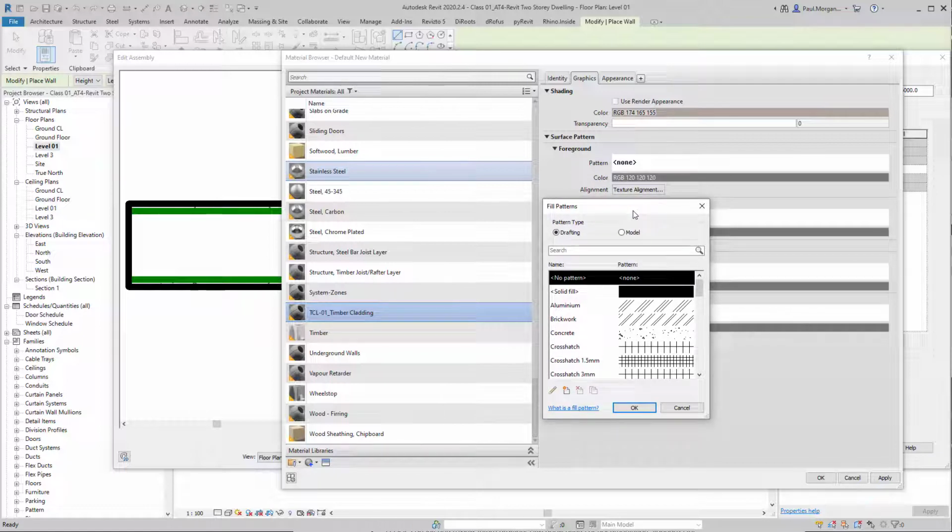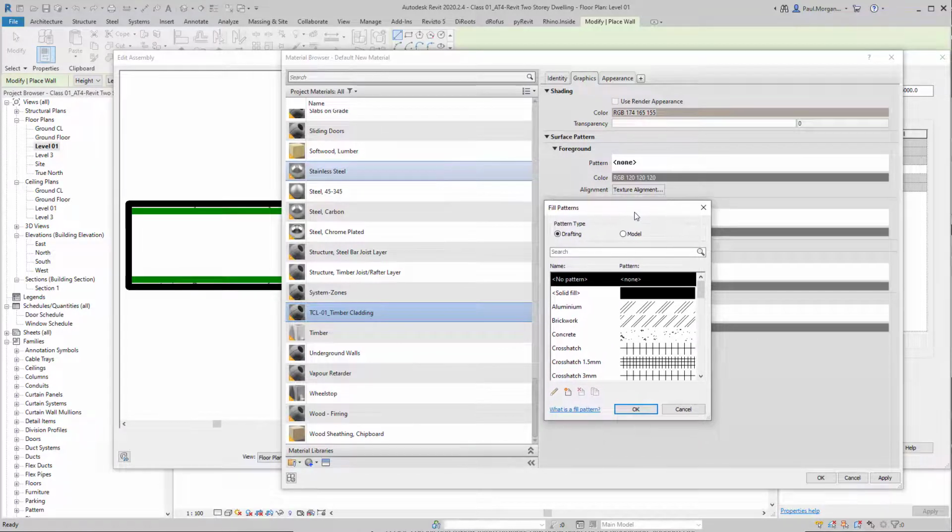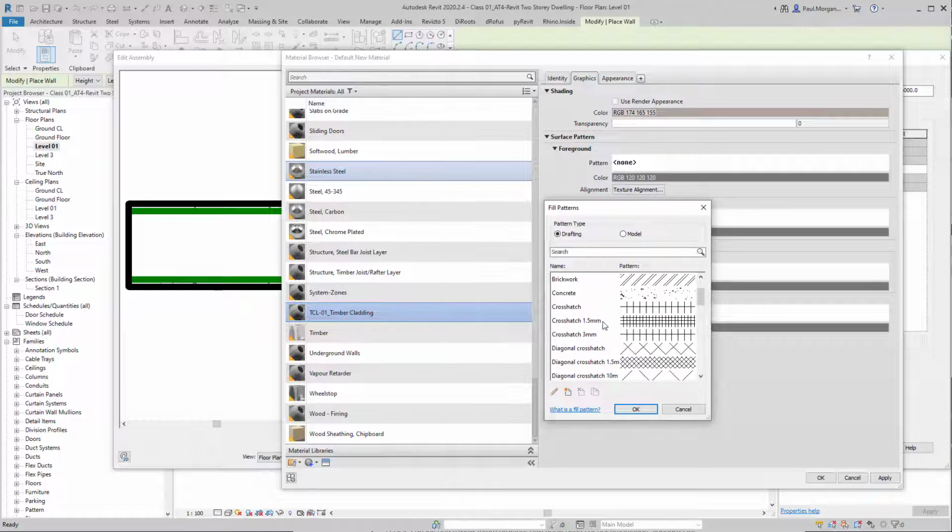And this is a key concept that I would write down if I was you regarding fill patterns in Revit. Drafting hatches, you'll notice, are usually much smaller sizes. So when you come down into the drafting hatches and start scrolling through, you'll see 3 mil, 1.5, 3 mil, basically that, maybe 10 mil for a really big one, 3 mil again. And then on the model hatches, you'll see much bigger numbers like 100, 150, 300, 50 mil, 75 mil, 600, even 600 by 1200. The differences between drafting hatches and model hatches is that model hatches are real life sizes,